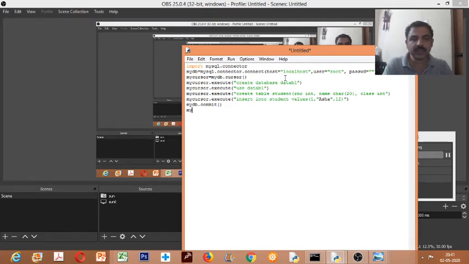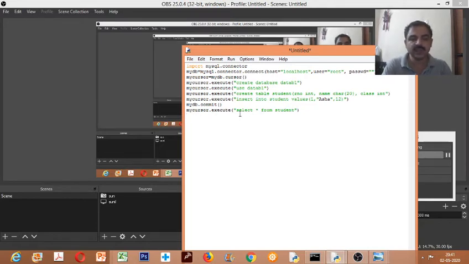I want to display, so I need to write mycursor dot execute. What is the command for displaying in SQL? Select star from table name. The table name is student. It will execute this command. After execution the data will be stored as a result set.